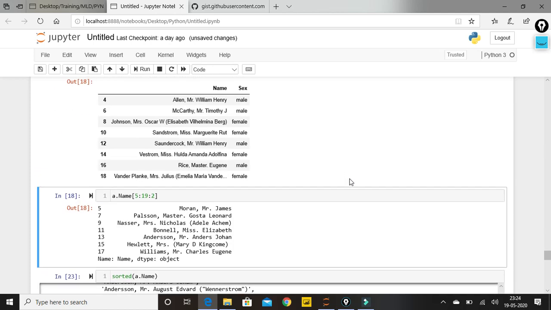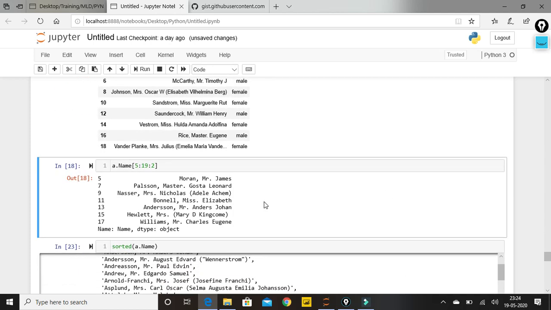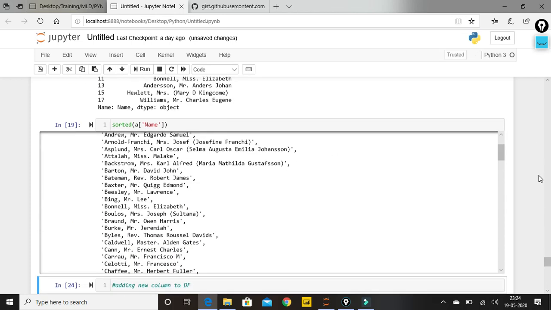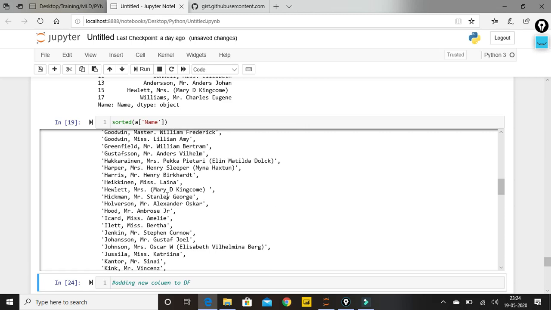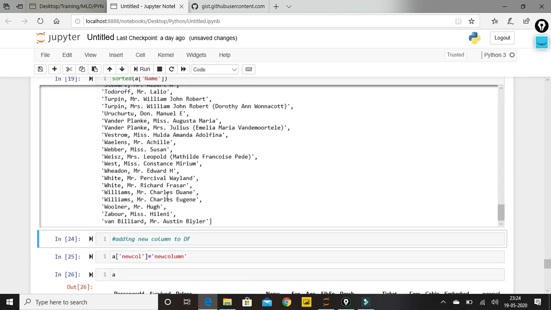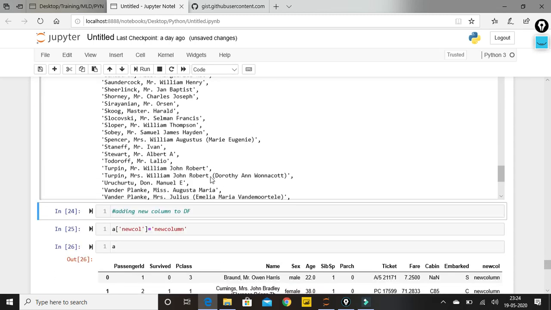Now moving to sorting, how we can sort our data. So what I'm trying to do over here is a dot name. Okay, let me not confuse you by giving name; what we have used earlier, we're using the square bracket only. So a name, we know what it will give. If I give sort, it will sort my data ascending, like A, B, C, D, and going on till Z. It will sort my whole data.